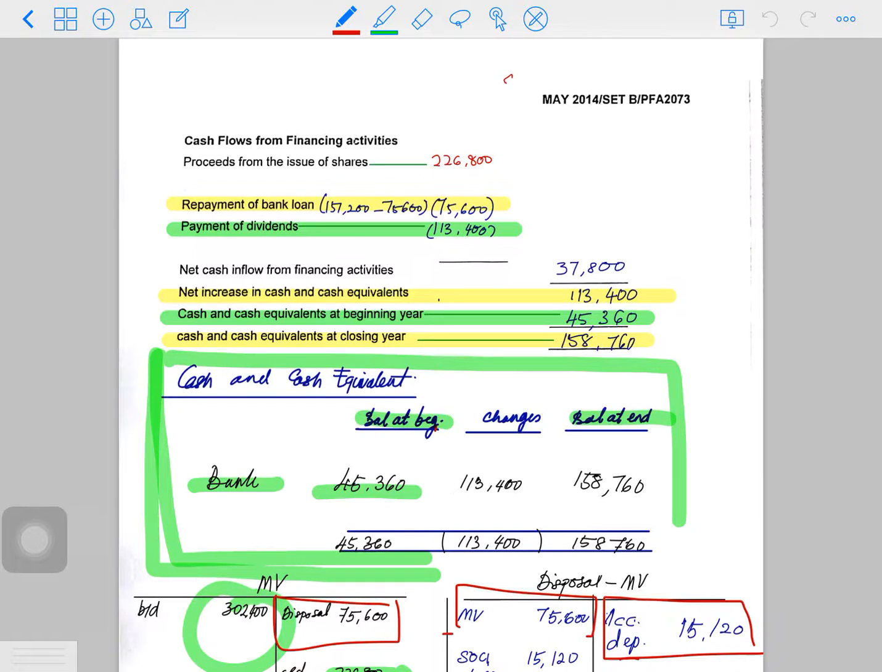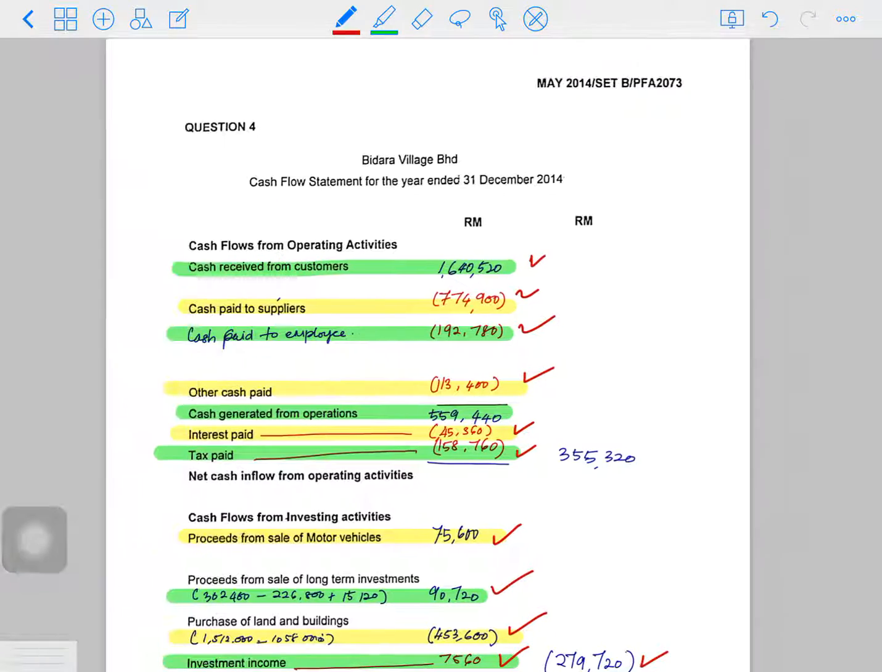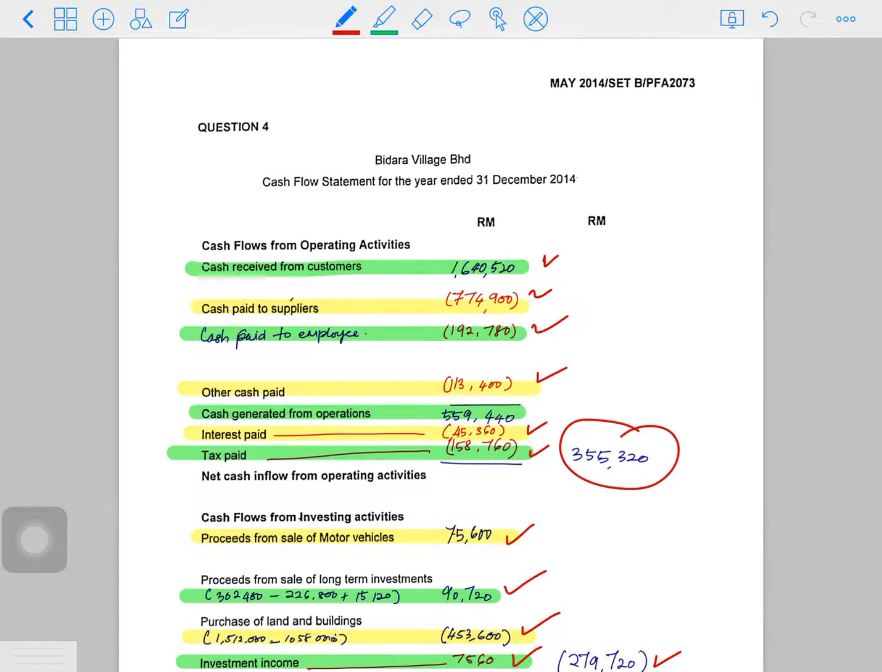Cash flow from financing activities, kita ada proceeds from issue of shares at par, yang ni kan, tak ada at premium. Repayment of bank loan, money going out 75,600. Payment of dividends 113,400. Total net inflows of 37,800 from financing activities. Jadi kita campur lah 355